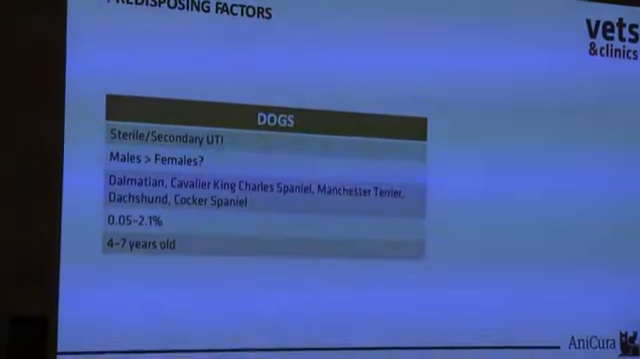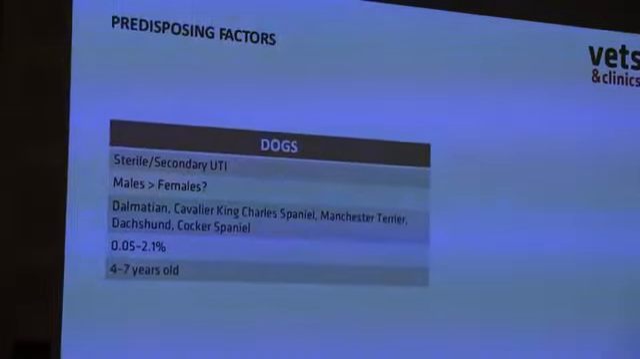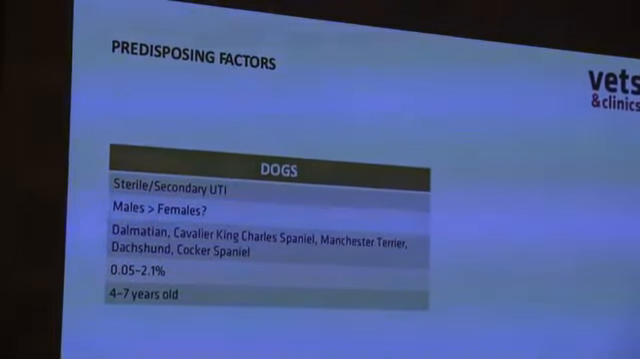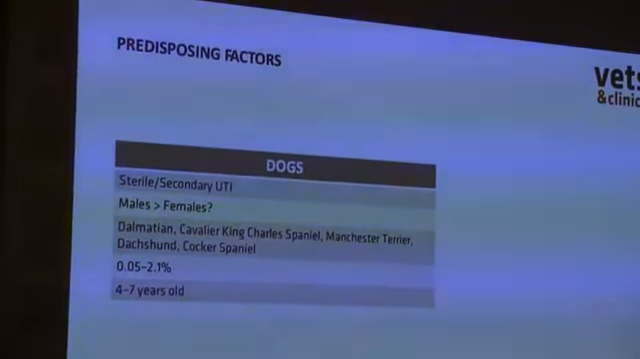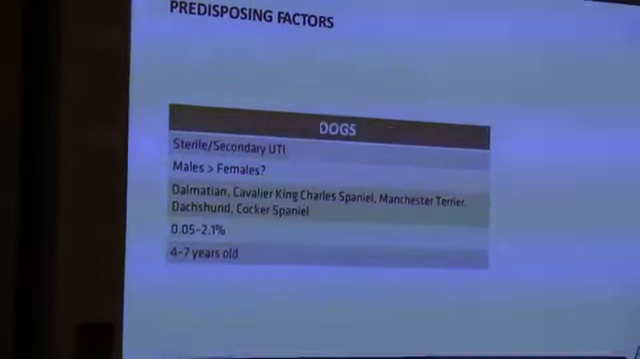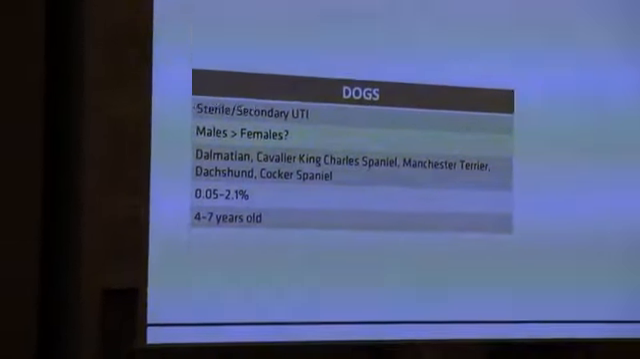It can produce a secondary UTI. We don't know if it is more frequent in males or females, and again, it is more frequent in the Dalmatian, Cavalier King Charles Spaniel, Manchester Terrier, Dachshund, and Cocker Spaniel. But the prevalence is very, very low. But if you don't treat it in dogs with leishmaniasis, okay, what are we going to see